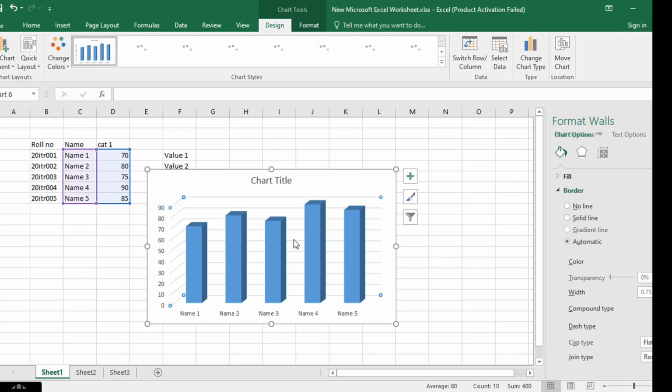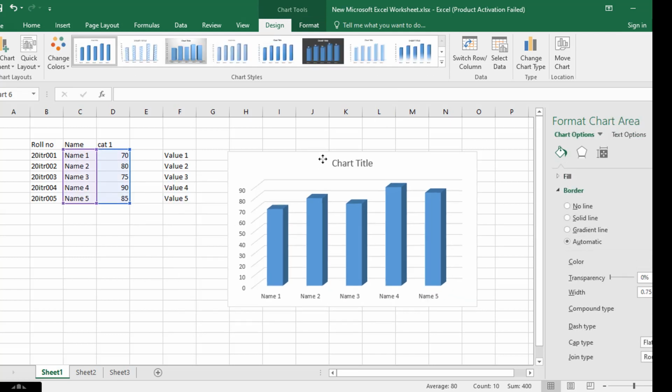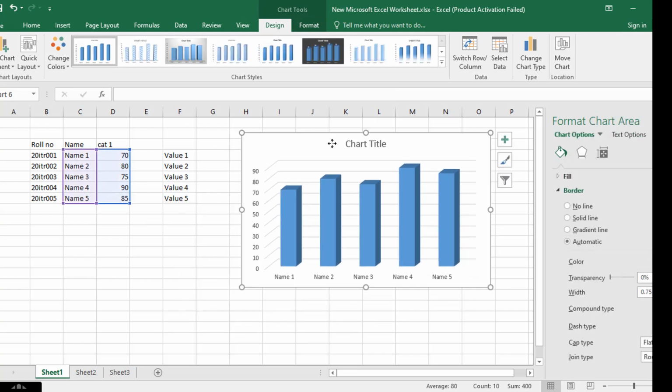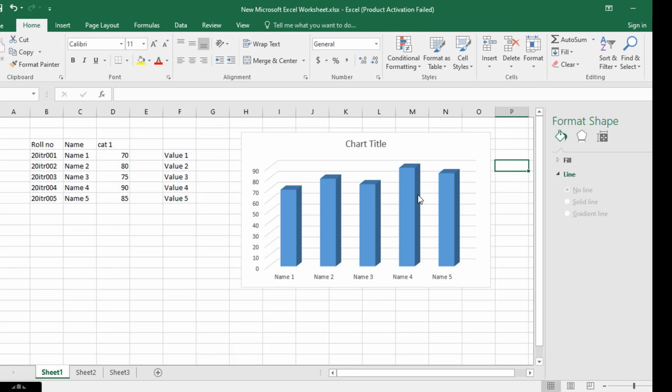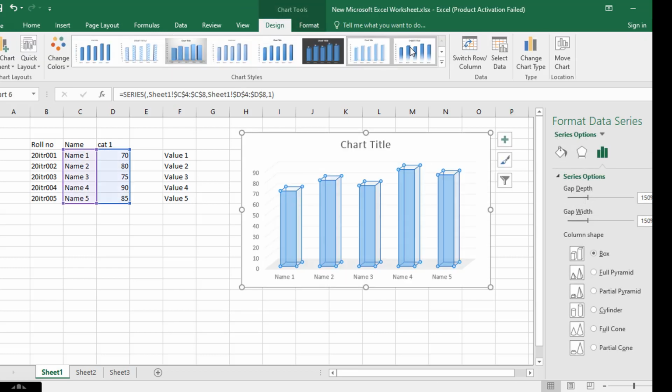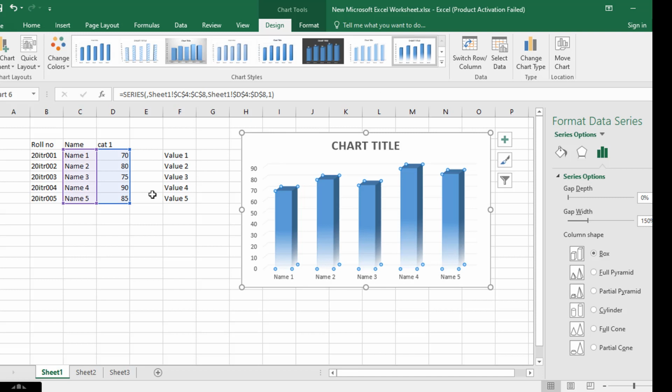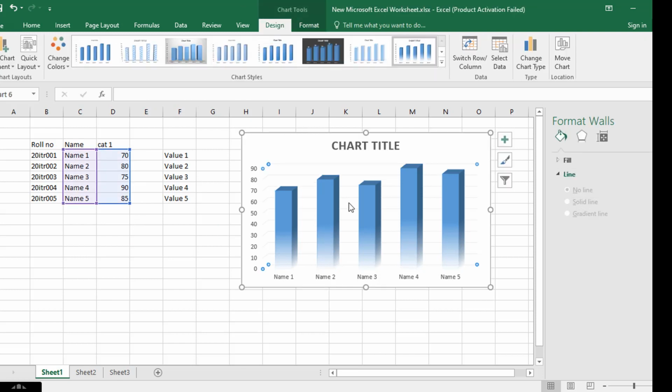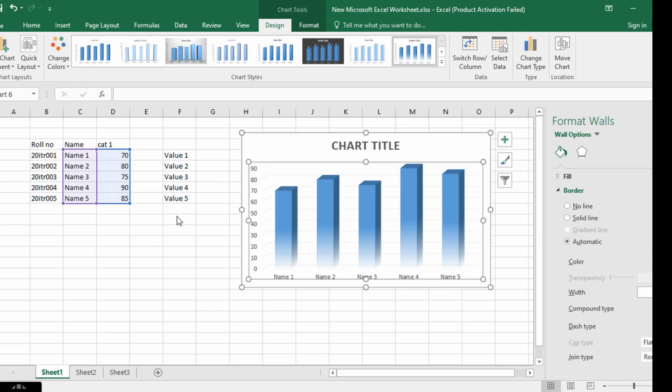And you can see that a chart has been created. It is very easy to create a chart in Excel, and here you can change the design and the design colors. This is how you can create a chart in Excel.